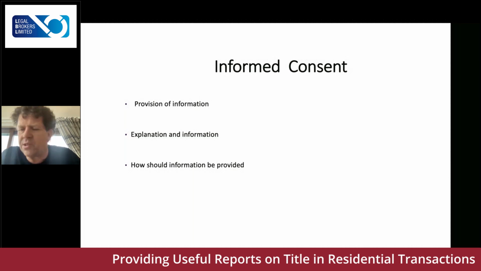If we look at another issue and say, right, our environmental search and report reveals that there's been historical land use that would suggest contamination. Well, in those circumstances, what do we do? We advise the client, here is an environmental search and report that highlights historical land use that would suggest there is a risk of contamination. The search and report clarifies or quantifies that risk, or alternatively, it doesn't, and therefore specialist advice is required relating to it. I think that's the sort of approach that we have to adopt with regard to reporting on title,